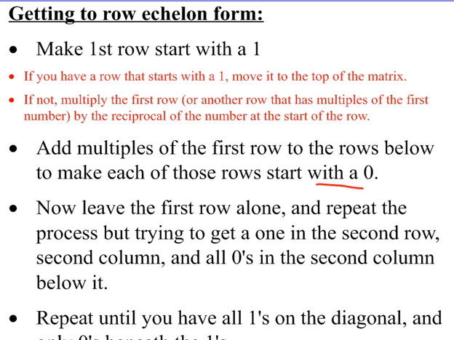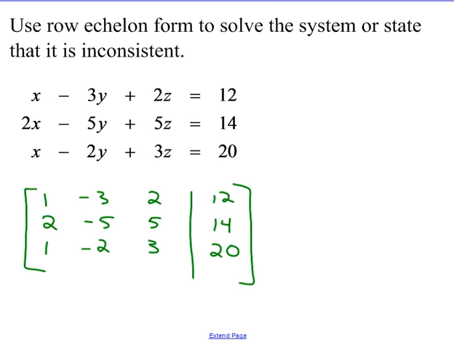I always want to make my first row start with a 1. Now, if there isn't a 1 there, or if I have another row that has a 1, I can move it up. And if not, I would multiply my first row by a constant so that I would get a 1, and it would be the reciprocal of that first number. And it's also nice to look for rows that are perfect multiples of the first. But I have a 1 in my first, so that is good to go. So my next step is to